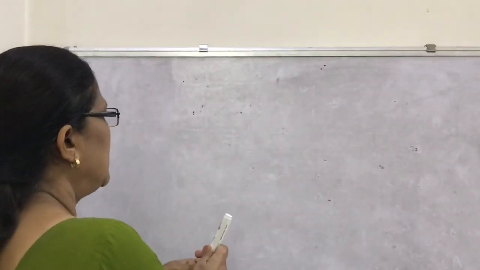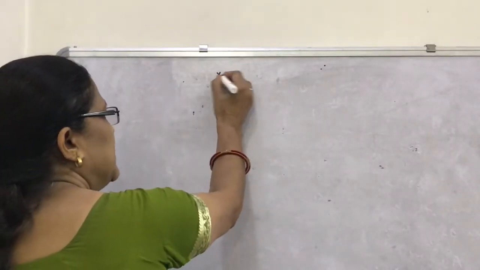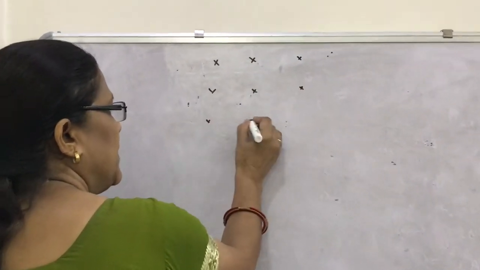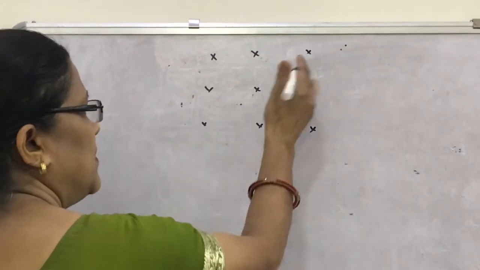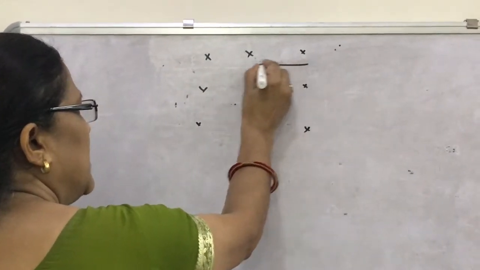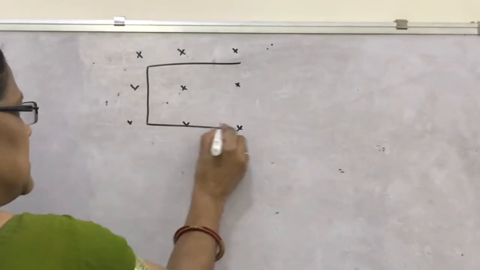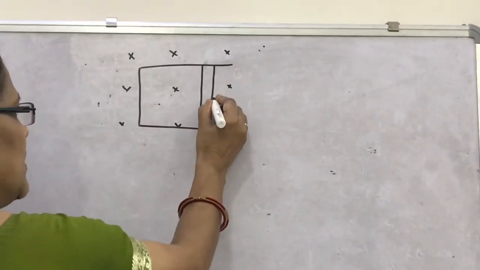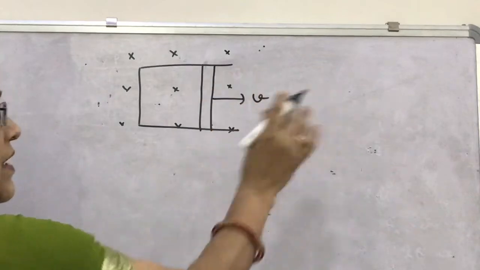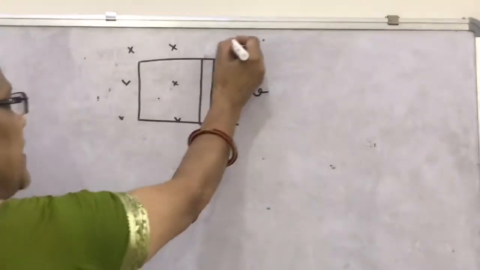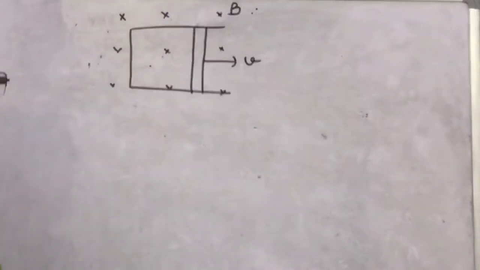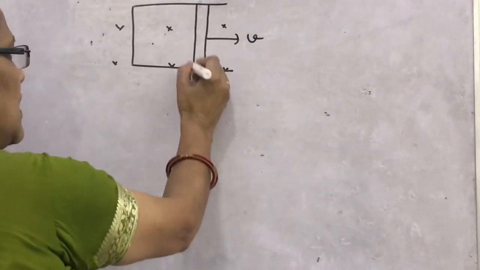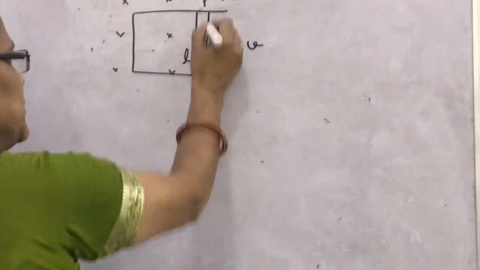We have seen previously that in a cross magnetic field, which is uniform and perpendicular to the plane inward, a conducting frame is shown like this and a rod is moving with constant velocity v in this direction. We have taken this magnetic field B uniform, the length of the rod is L, and suppose its name is PQ.